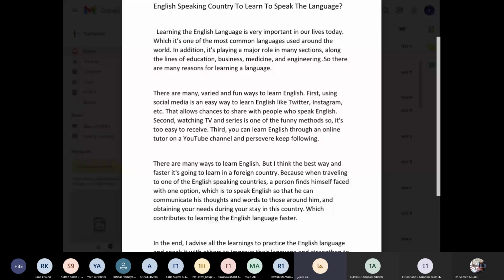But the writer's thesis statement is there are many reasons for learning English, for learning the language, but then the second paragraph, all of it, is ways to learn English. So can we say, Hala, that she is confusing the why with the how? We're talking about why would people go to other countries to learn the language and not stay here, for example. And how is about how they can acquire the language by social media, by speaking to other people, right? So you don't know if the writer is persuading you to learn English or how to learn English.